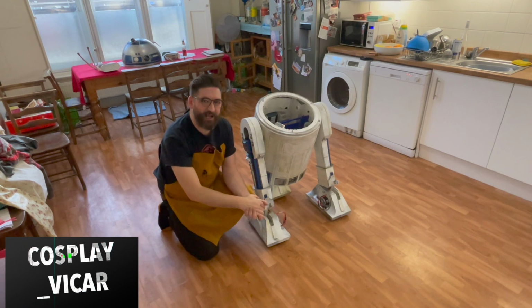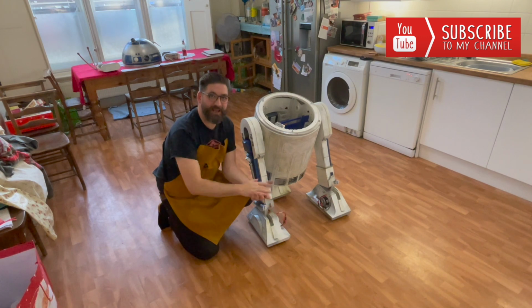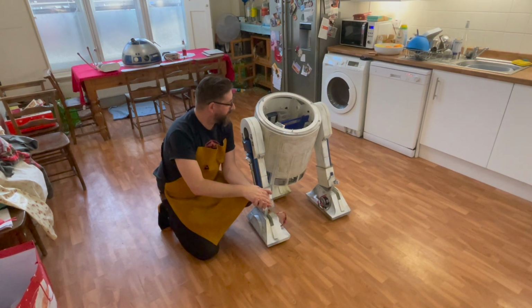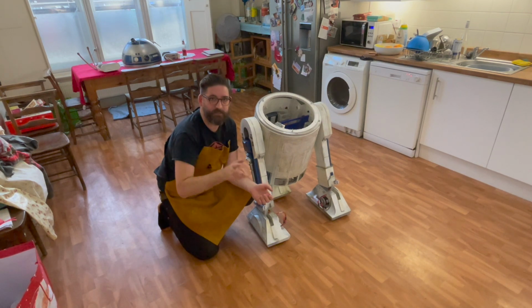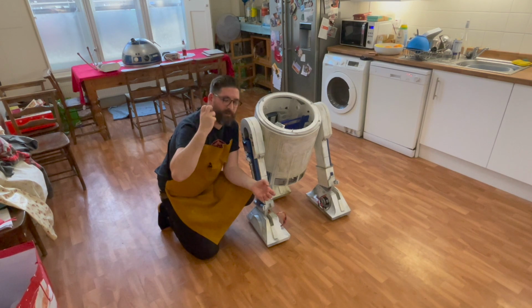I've been working on the electronics to get the dome and the wheels moving, and this is a bit of an update. We are there, and I'm just going to walk you through how I've done that. I have gone for the most simple system possible, and the one that my brain could get my head around,